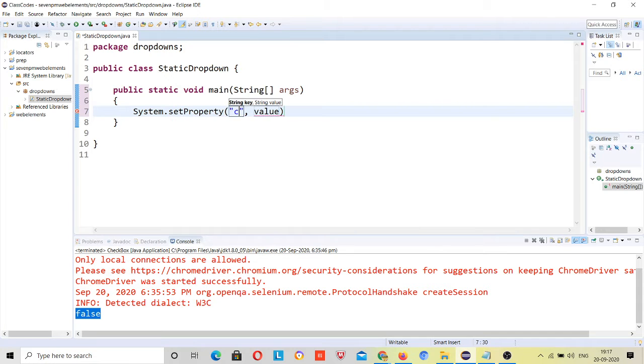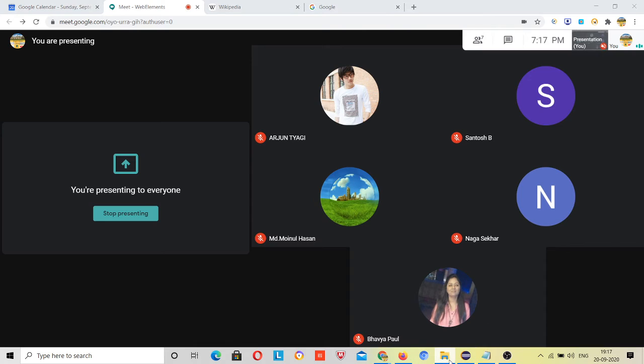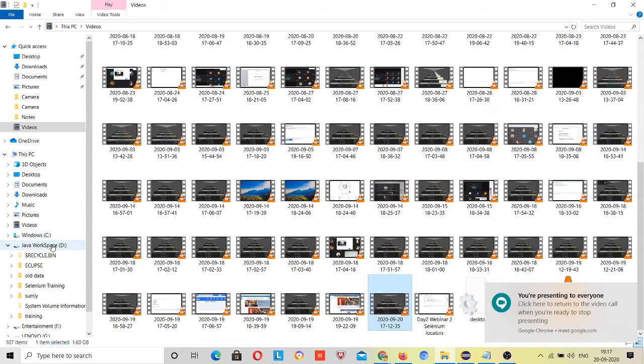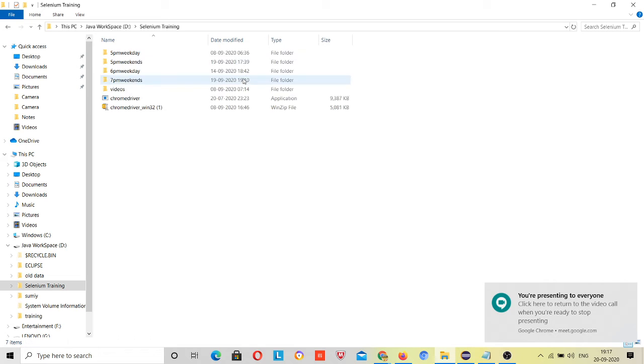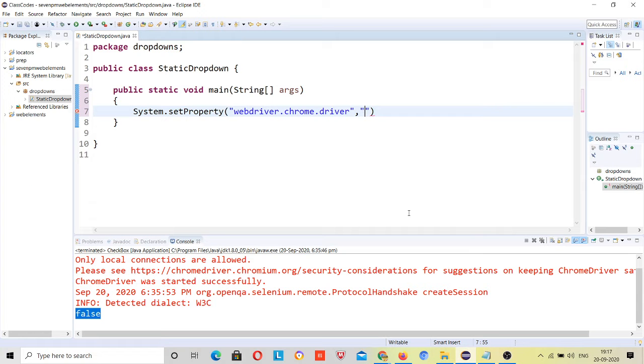Here you will pass which browser, webdriver.chrome.driver. Whichever browser you want to launch, you have to pass that driver information here, and the location where you have downloaded the driver. I have it in this location, Java workspace Selenium, and this is my Chrome driver, right? I will copy this location and paste it over here.